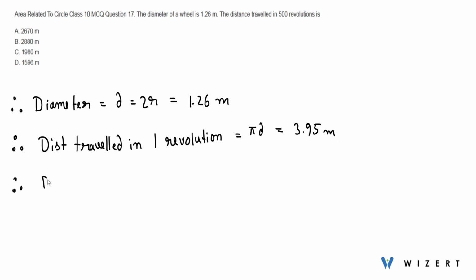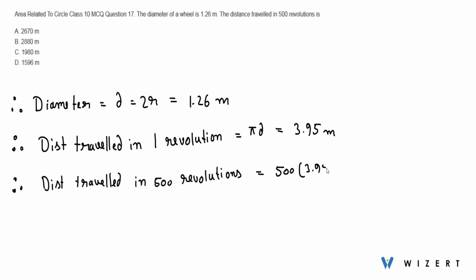Therefore, distance traveled in 500 revolutions will be equals 500 multiplied by 3.95, which will give us 1978.2 meter, right? So upon checking the options, we see that the answer which is closest to our answer is